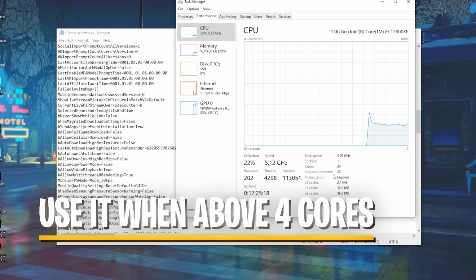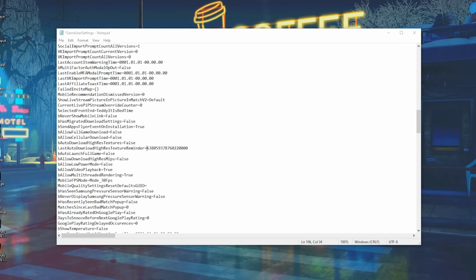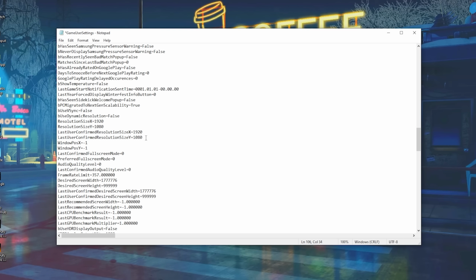If you're using like a Ryzen 5 or Ryzen 7, they're most likely gonna have between 6 to 8 cores, so definitely utilize it. If you're more on the low end and you have something between 2 and 4 cores, multi-threaded rendering isn't really that beneficial, guys. You still have to try it out with a CPU with around 4 cores, but on most CPUs you can leave it enabled. Then, guys, of course, for the resolution itself, you can put in whatever you guys want.